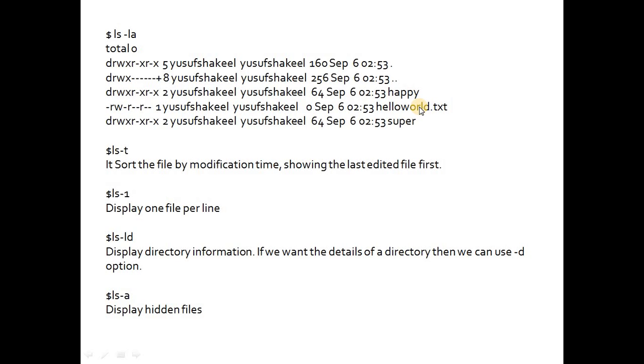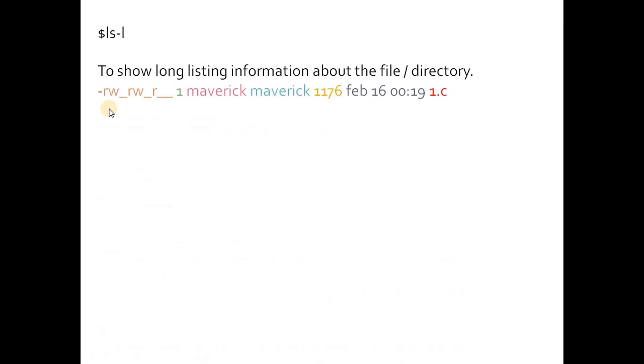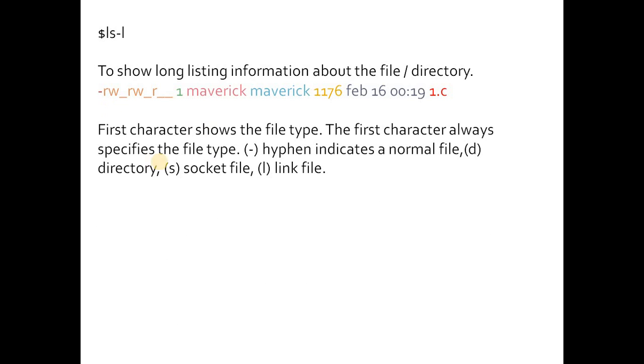In the previous output you can see it is d. In some cases it is a hyphen. So what does this mean? If it is a hyphen, it means it is a normal file. If it is d, as we have previously seen in the output, it means it is a directory.